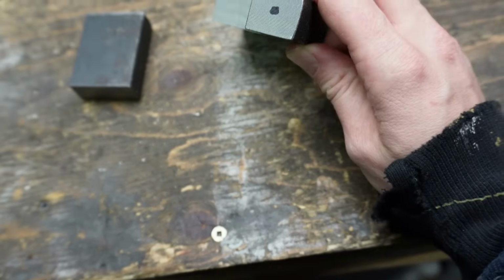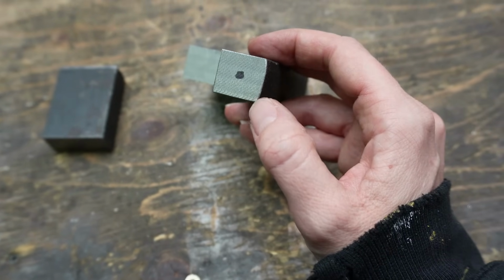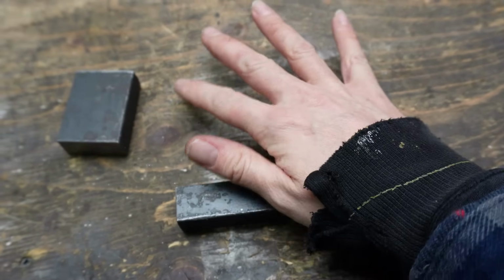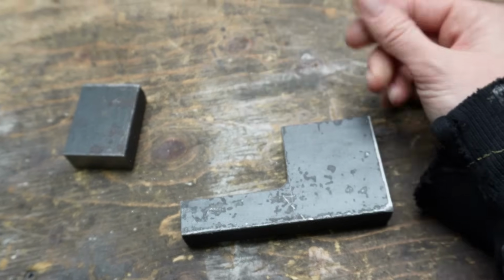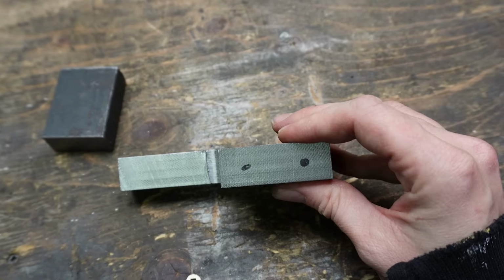And then we will drill and tap another hole here just to put that stabilizer or heim joint or whatever you want to call it into the end there. And then the stabilizer will mount solid to the frame. It's got some cleaning up that it needs to have done to it, but that's kind of the rough cut